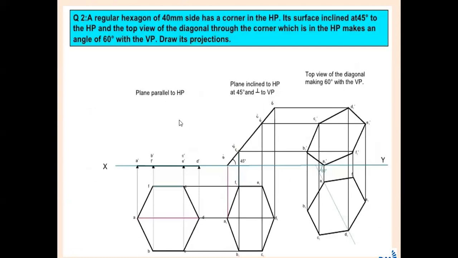First we imagine that the given plane is parallel to either HP or VP. Then first we are going to take one inclination, then a second inclination. So something like this. Hereafter, such problems we are going to solve.